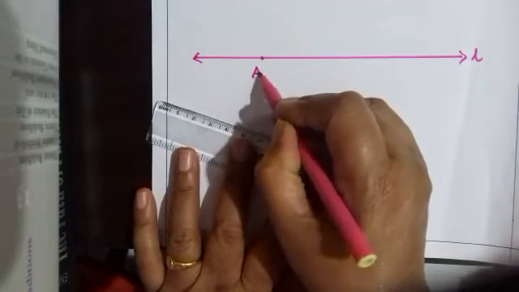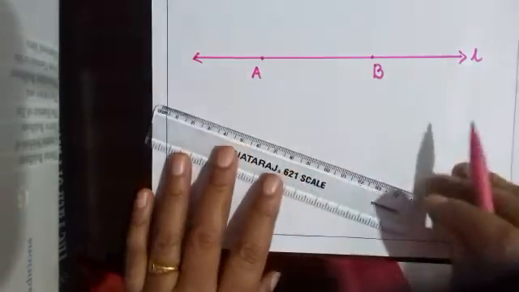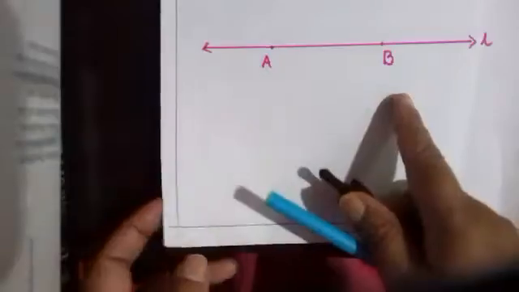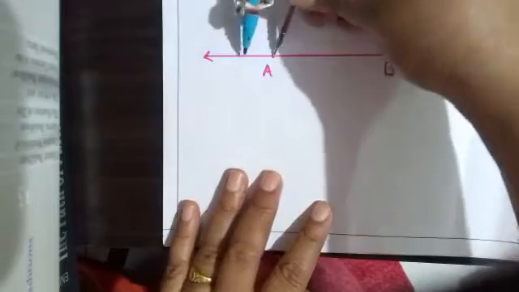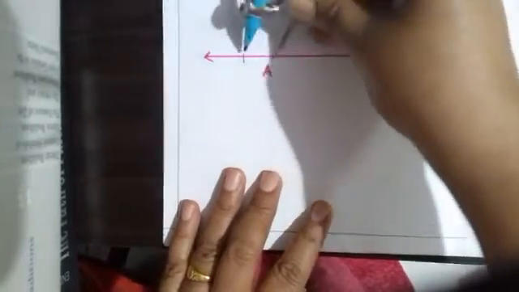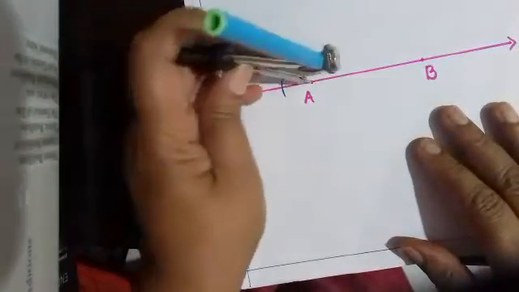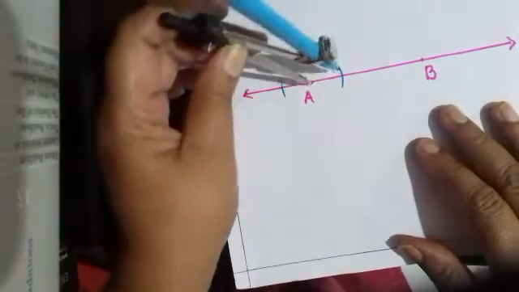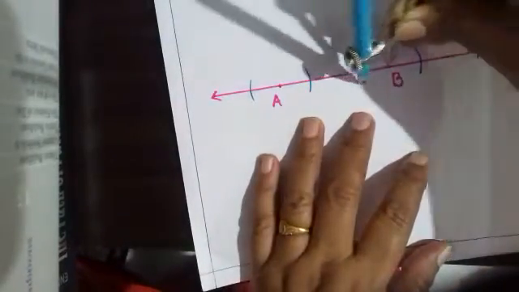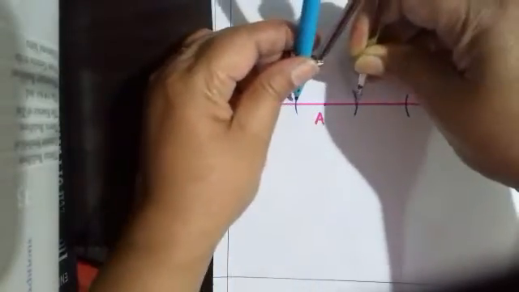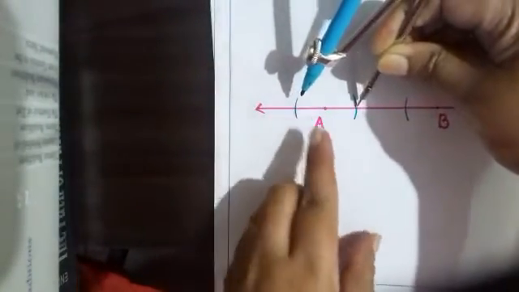Now, what we have taken earlier? We have taken point A and point B on that line, and let us draw perpendiculars from point A and from point B. So how to draw a perpendicular? Take minimum distance from A and draw arcs on both sides. In this way you will draw another arc at the same distance, and the same distance from B also, we will take an arc to the right side and an arc from B to the left side. Now we will take the complete distance. There also we have taken the complete distance. You can take more than half also.